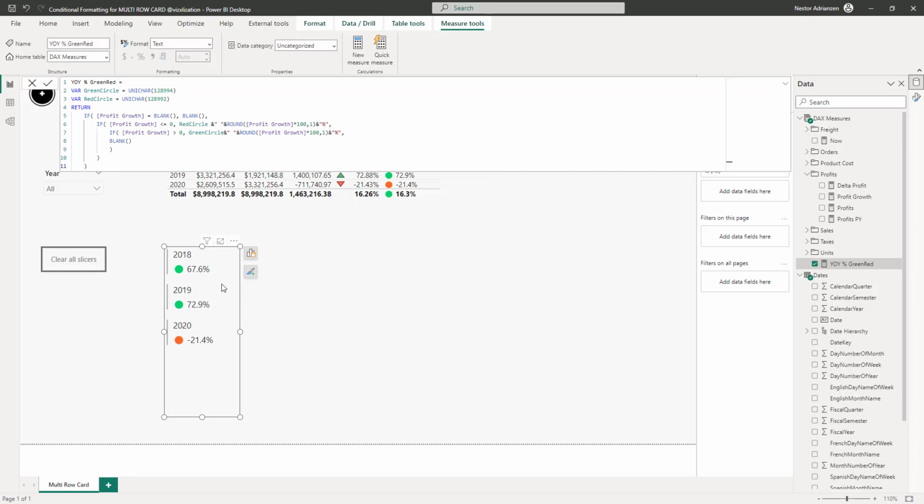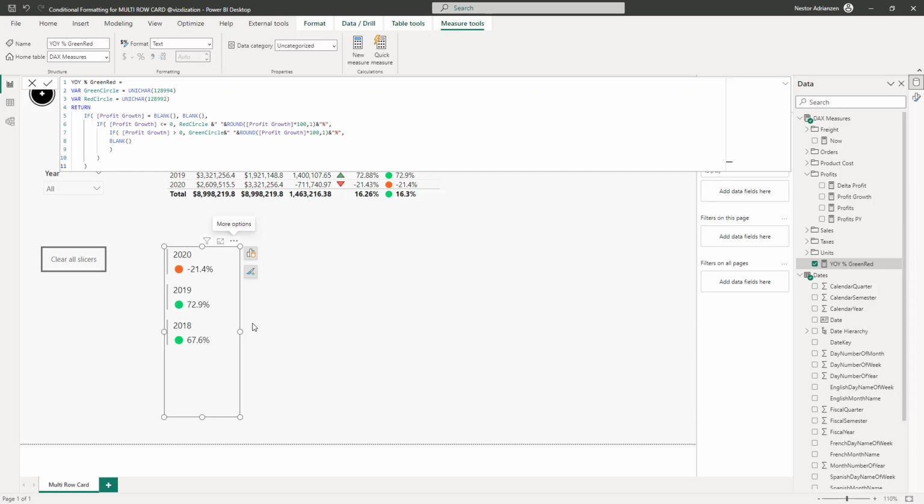So how do we read this visual again? So we are saying that 2018 profits against 2017 profits is so much better by 68%. And then you can also check the other years if you want to see the performance. You can even sort this better. Okay, sort by year, that's correct. How about descending? So you can do whatever you want here. Okay, boom. As you can see, this is for circle icons.